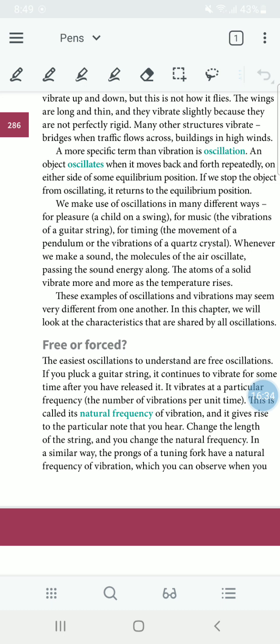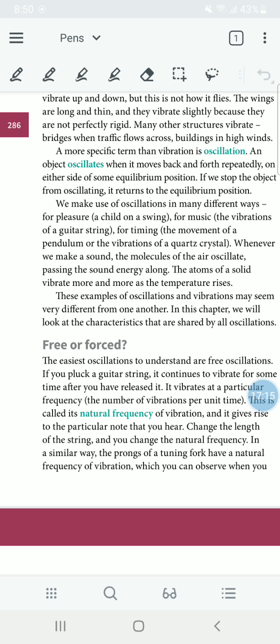Leave a line and write. After a first disturbance, if the object continues to vibrate, we say that it has reached its natural frequency.